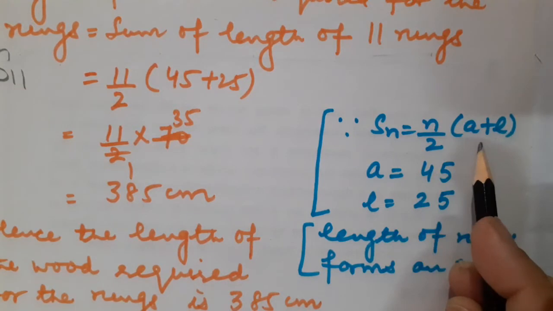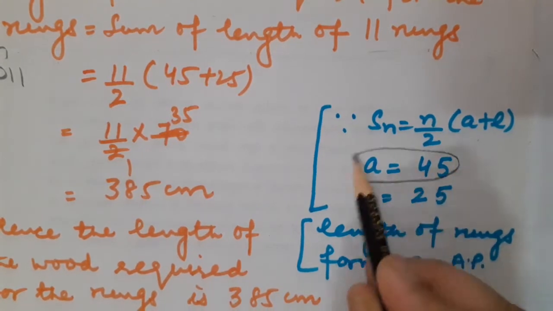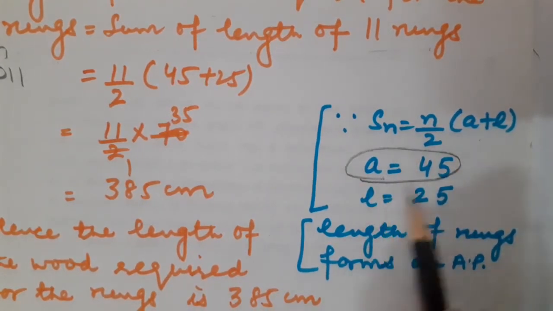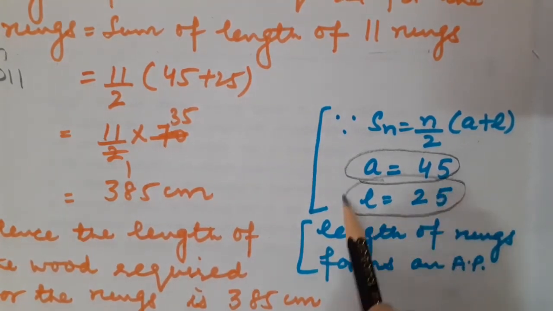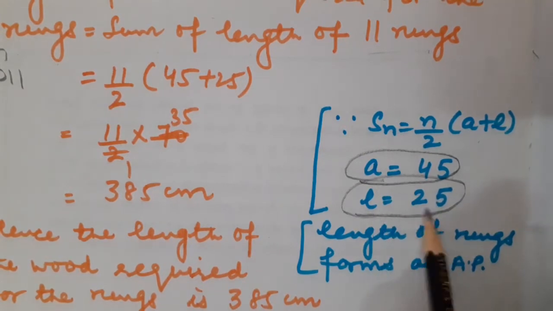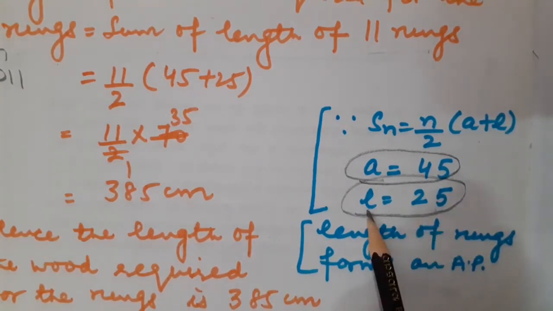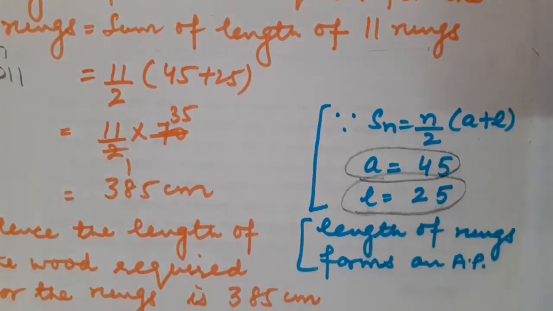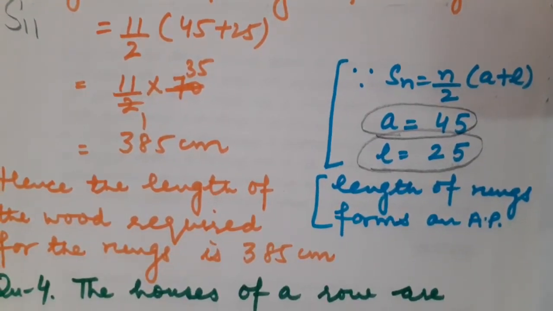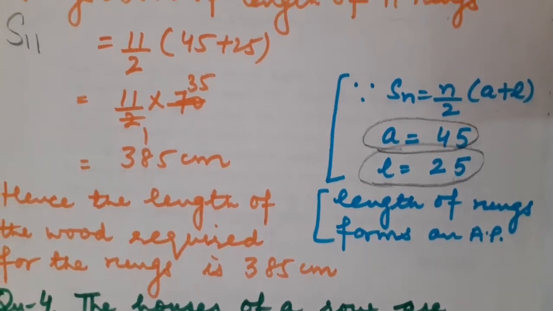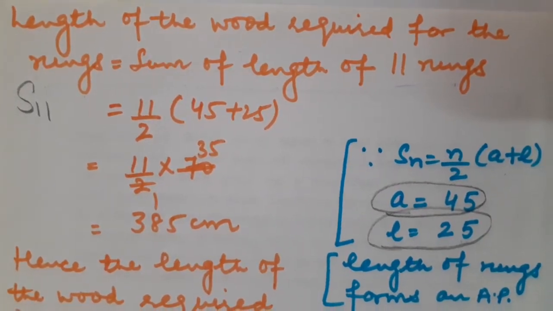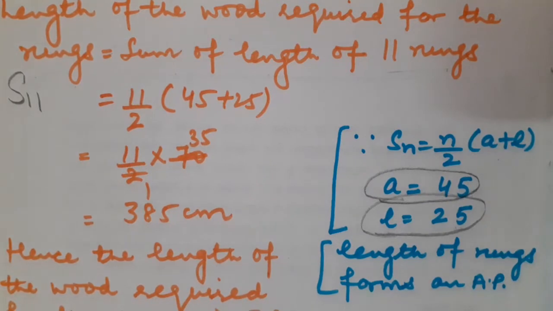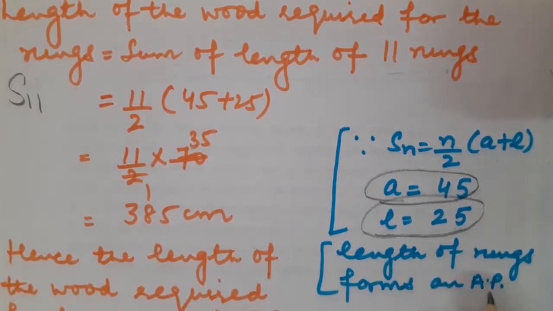Here I am not going to apply that formula in which common difference was present. Why am I doing so? Because here I know the very first term. That was a is equal to 45, which was the length of the bottom rung, and I know the length of the top rung also, that was 25 centimeters. So that would be considered as an, that is the last term. And children, you know very well that the lengths of the rungs are also going to form AP. So that's why we are going to apply the formula to calculate the sum of the first 11 rungs. Now the question may have come in your mind why ma'am is saying that the lengths of the rungs are going to form AP.